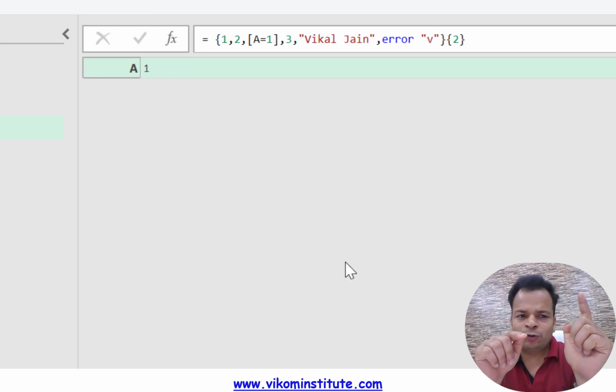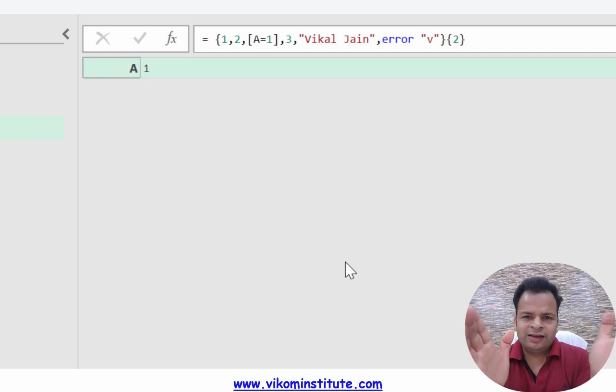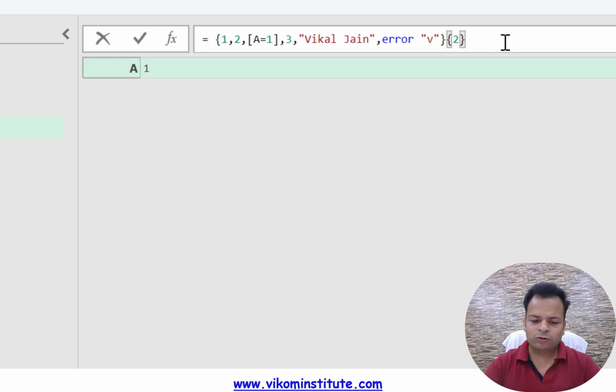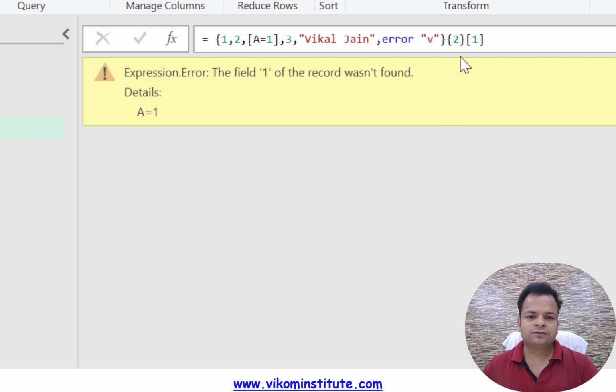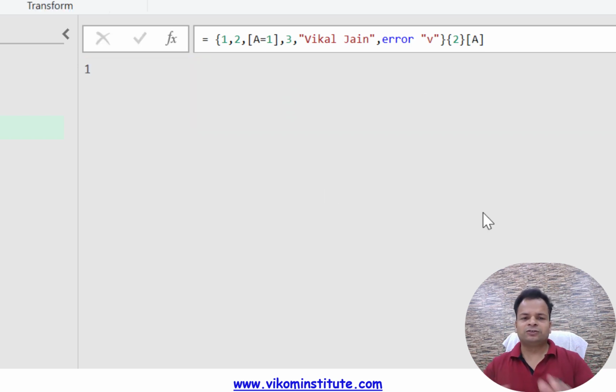Now again I want to find out the record value. The record value is 1, the field name is A, and the value is 1. So I can simply enter record also, 1. Here it is. I don't need to enter a position here, I need to enter the field name, and here it is. Now that's how a nested list is working.